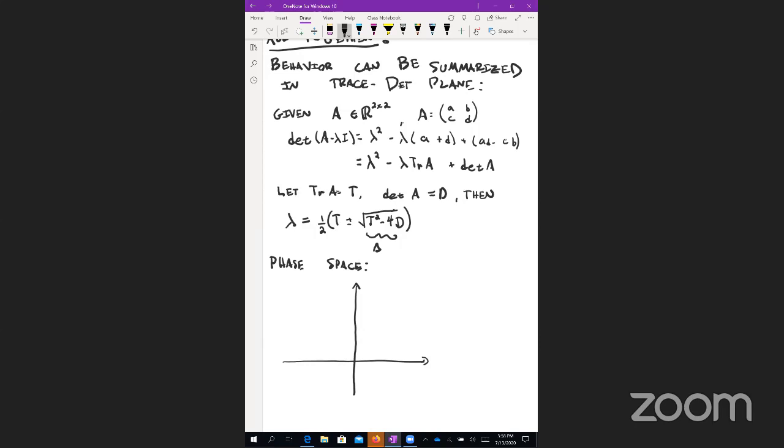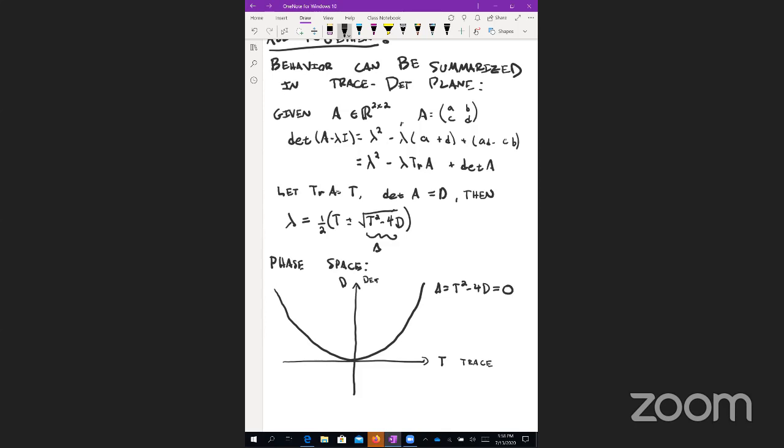Okay, so if we have the trace and we have the determinant, then the line delta equals T squared minus 4D equals 0. This is what's going to separate our complex solutions from our non-complex solutions, right? And the determinant itself, so if the determinant is positive and complex, then what we're going to get is, so